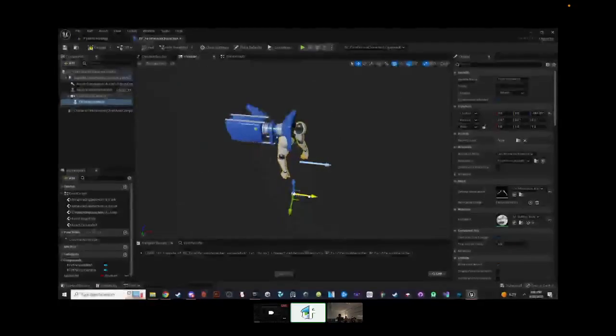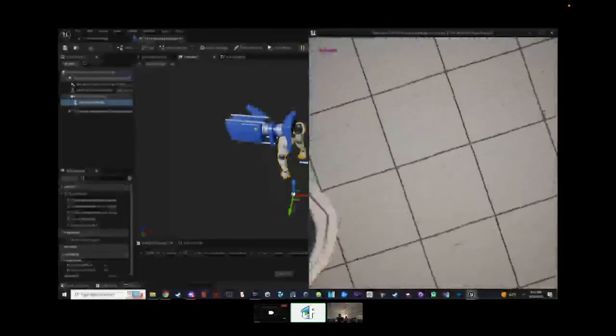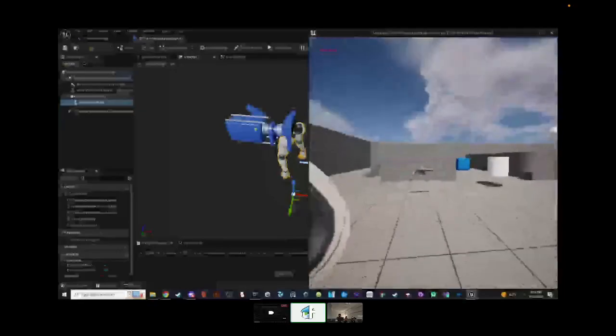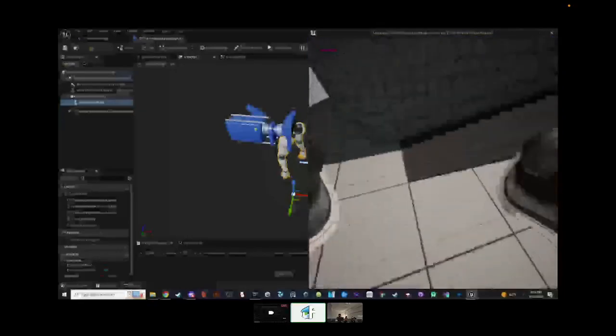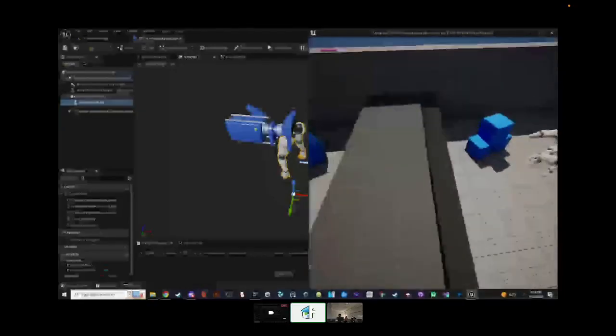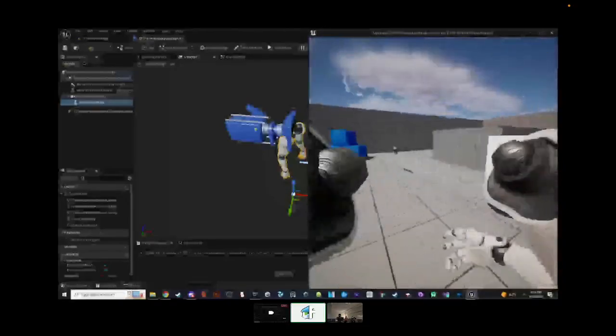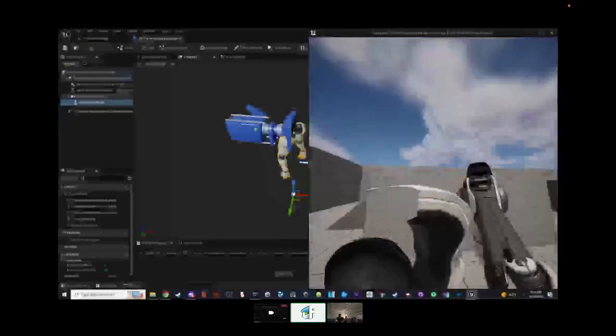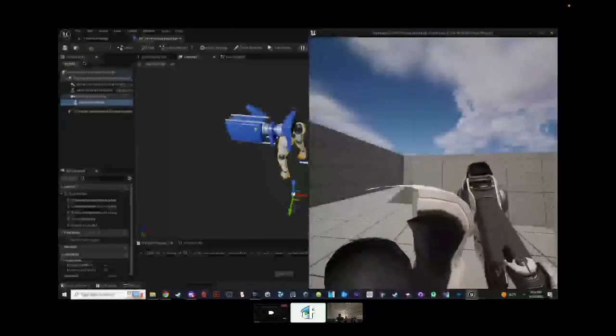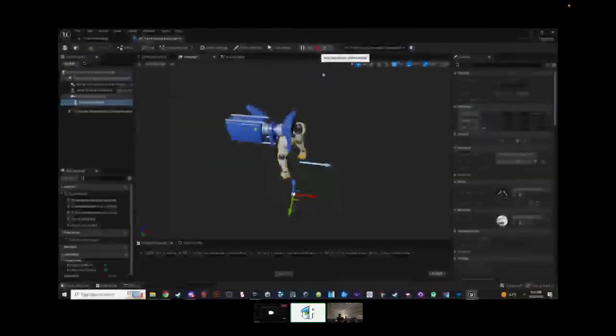Let's move this slightly forward. I want to see if we can see these at least. Compile, press play again. Yeah, we can see a little bit. And we can even see our arms when we actually run. So they even have animation provided for you, albeit a little jank. And we can grab the gun as well. Whoa, that doesn't look right. Let's see if we can try to fix that.